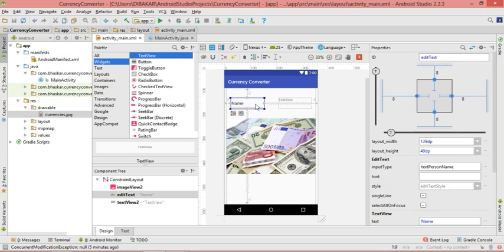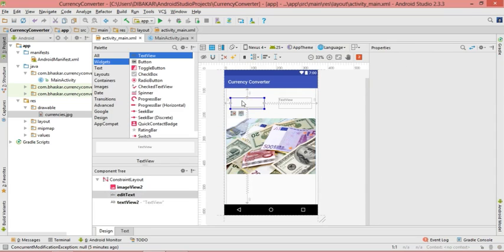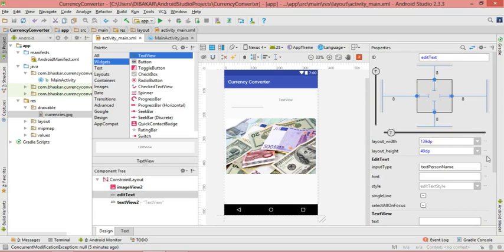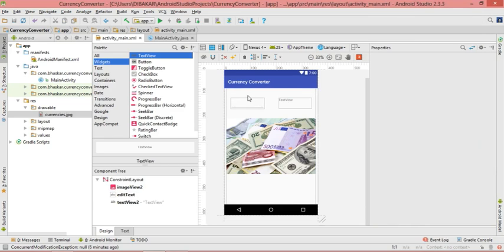Alright, now we don't want this text here, name, so just click here, delete it, delete this text. I don't want to show any text here like this, but I want to show a hint here. So I don't want this input type also. Cut it and again click here